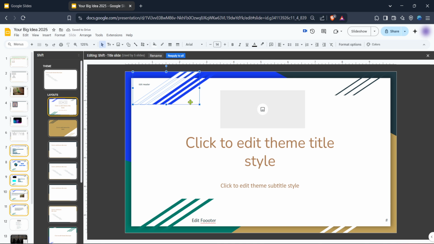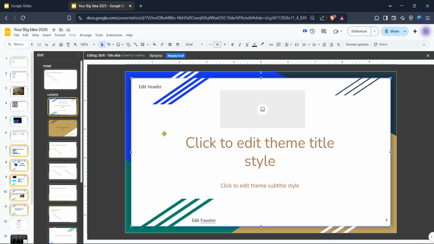Now, the fun part, adding your header text. Click inside the newly created text box and start typing the header title you'd like to use for this section of your presentation. Feel free to customize the font, size and color to match your presentation's style and theme. A well-designed header will not only improve the appearance of your presentation, but also make it easy for your audience